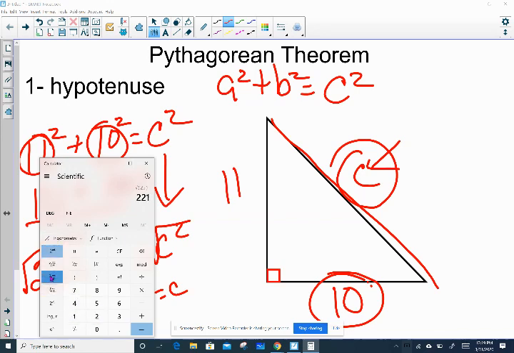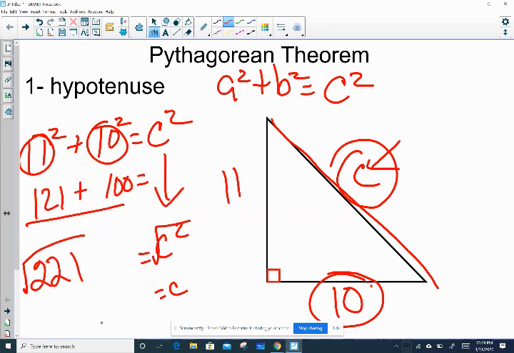Look at that crazy number it gives me. Because I know I don't want to use that number, I'm just going to leave it as the square root of 221. Now that's exactly like the slides that I presented to you in the Nearpod activity. So let's see if that will help